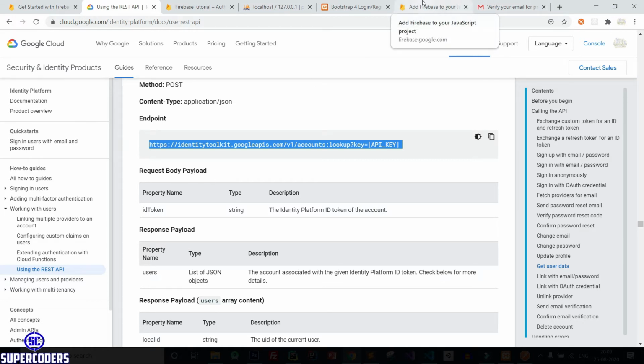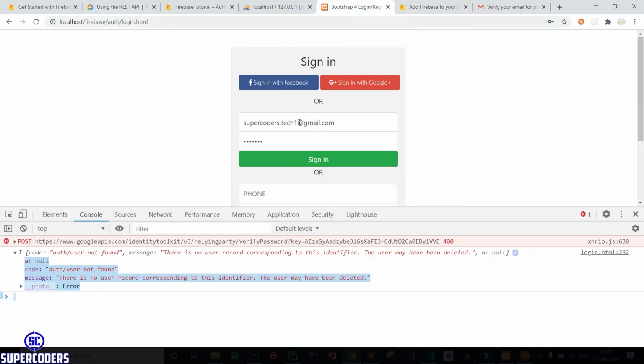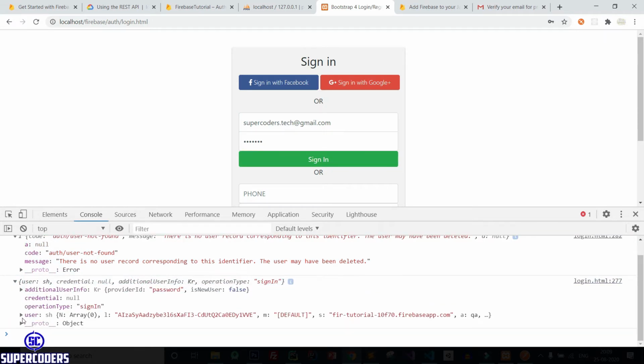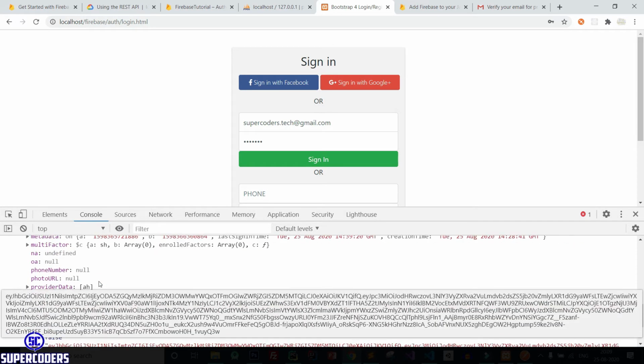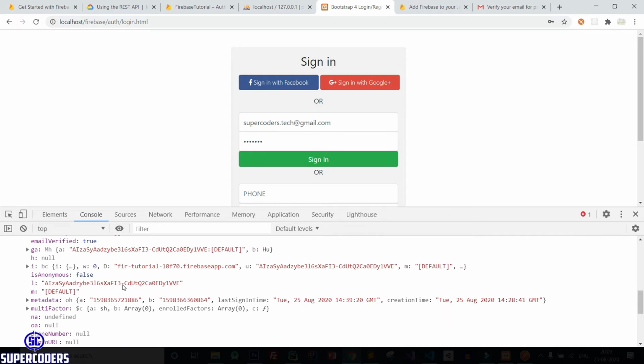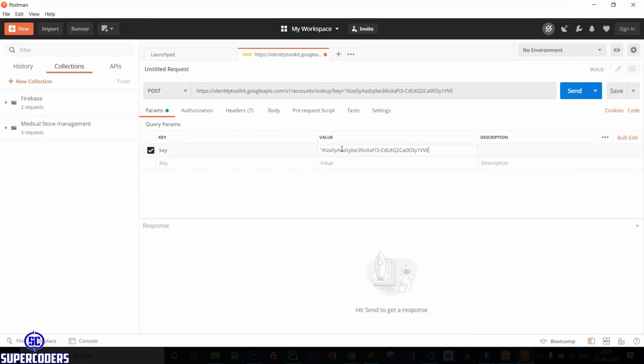So the key is our key, if you see here, again sign in. You can see the details. Click on this user and here is our key. Copy it, pass it, remove this quote, remove these double quotes.